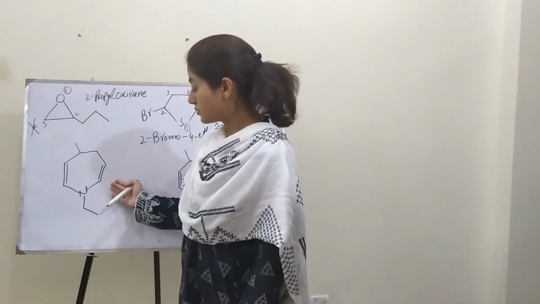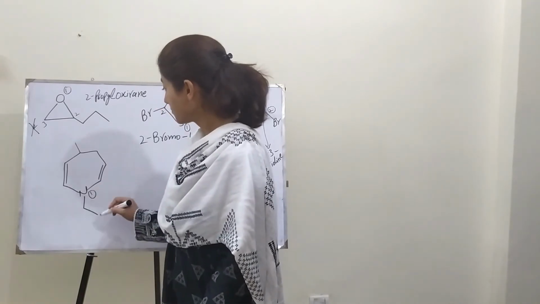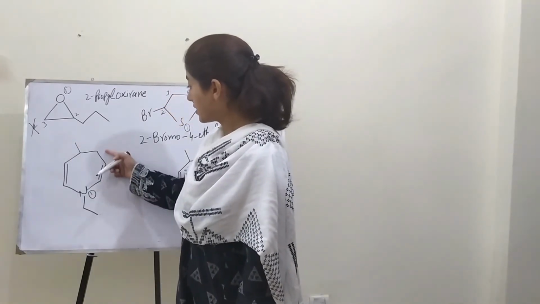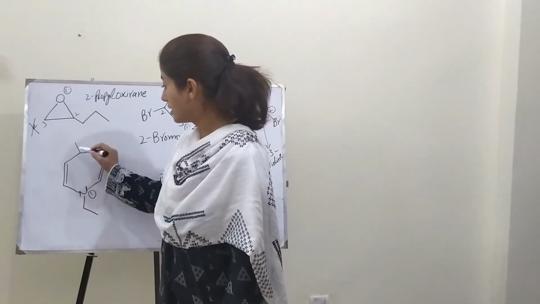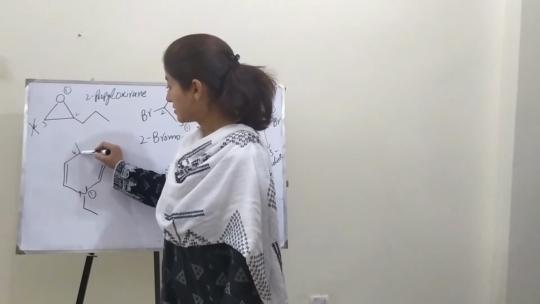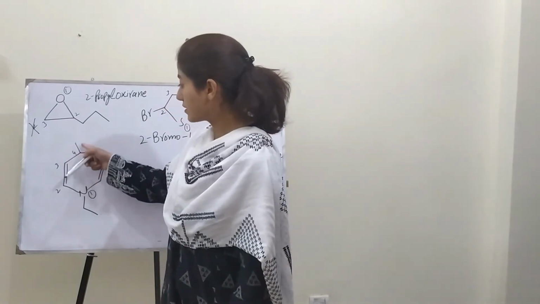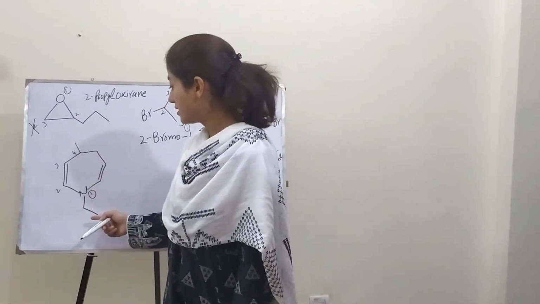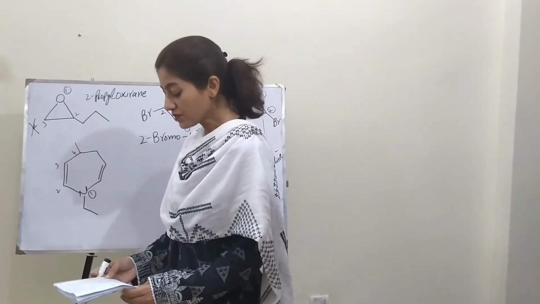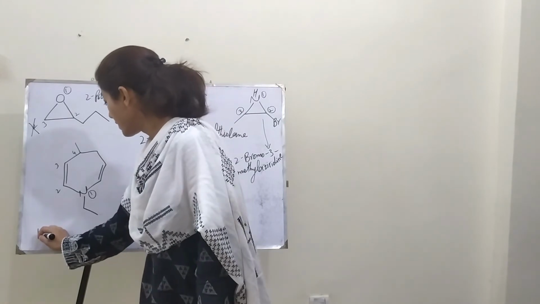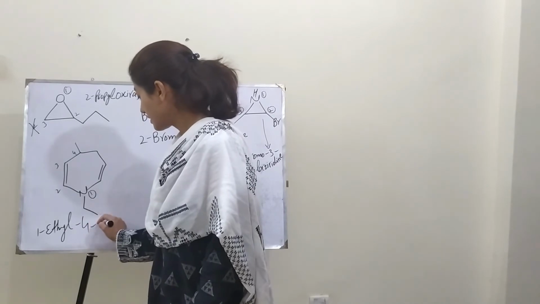So now let's come to this example. We start the numbering from this heteroatom, that is 1. Along this side 2, 3 and 4, this is the only saturated position, and this is 1, 2, 3 and 4. This contains a substituent as well. This is the saturated one and also contains a substituent, that is methyl. So this direction would give the priority. So its name would become 1-ethyl 4-methyl,